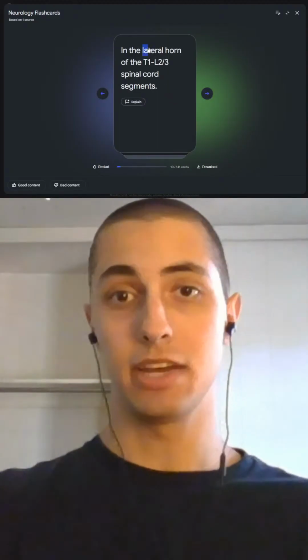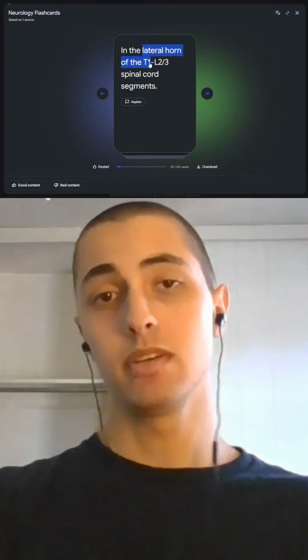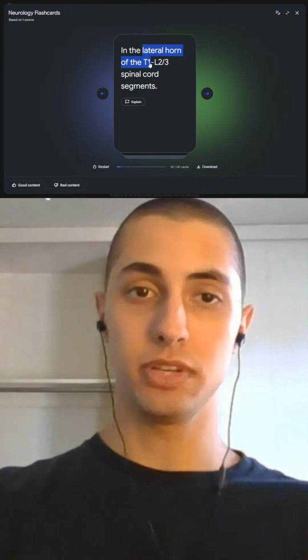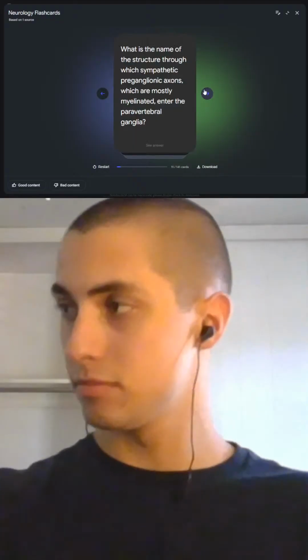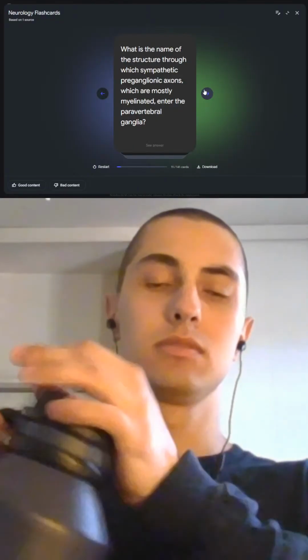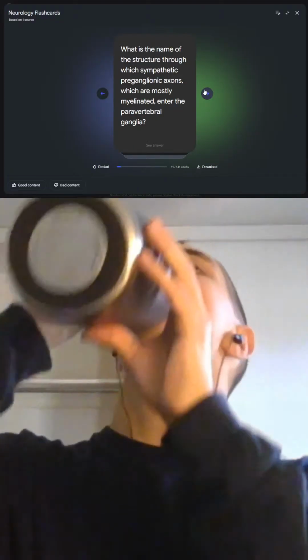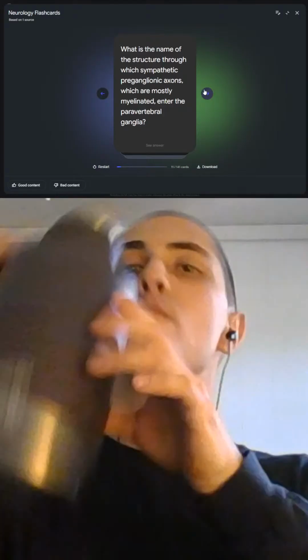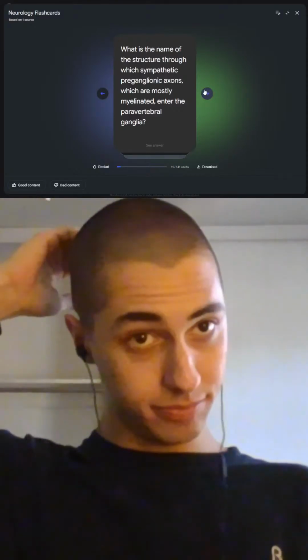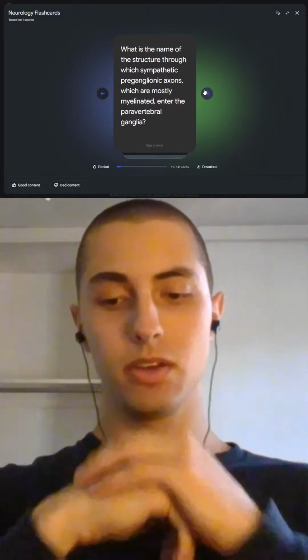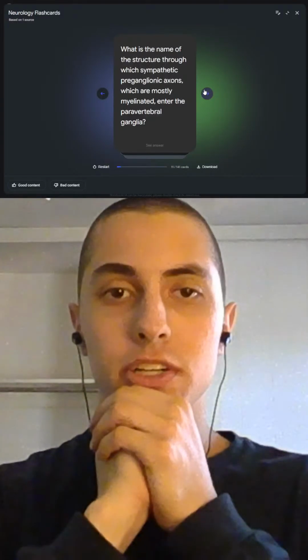No. In the lateral horn of the T1 to L2/3 spinal cord segments. Okay. Moving on. What is the name of the structure through which